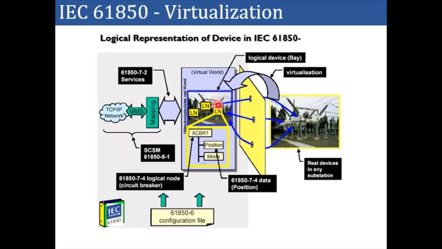Why do we need this? Because we want to map it to the individual hardware component so that the required data can be mapped to that particular software object. Now the data related information you can get in IEC 61850-7-4, while the logical node information you can get in 61850-7-4. The configuration files which are required to configure these logical devices and logical nodes can be referred in